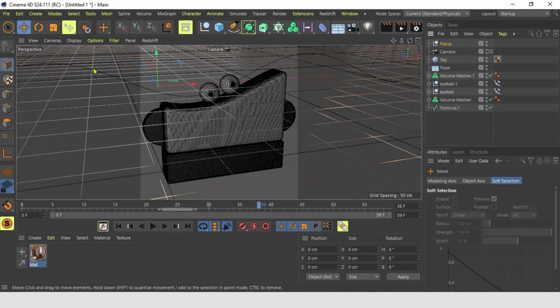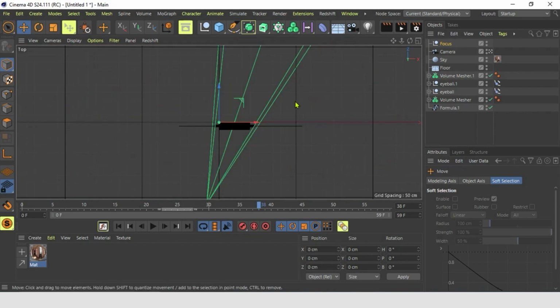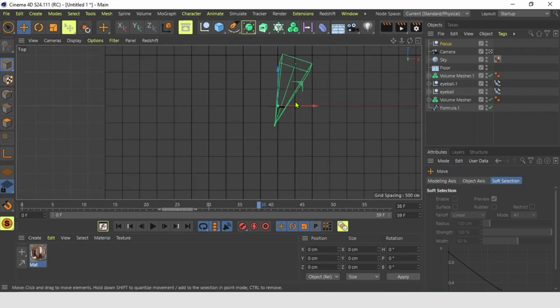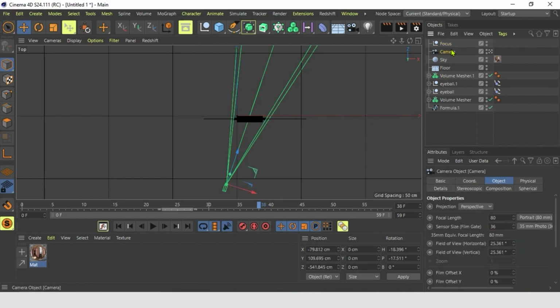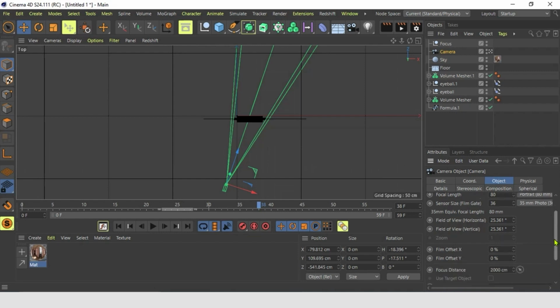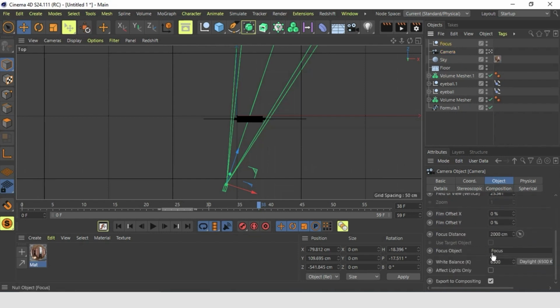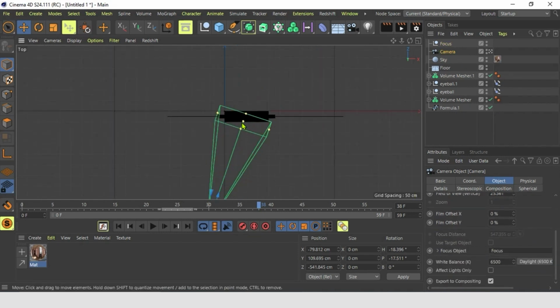So we choose the camera, and let's go on a top view, and you see the camera goes over our character, but we want the focus to be here. So we choose camera and we drag our focus into this focus object slot, and you see it jumps to our focus.